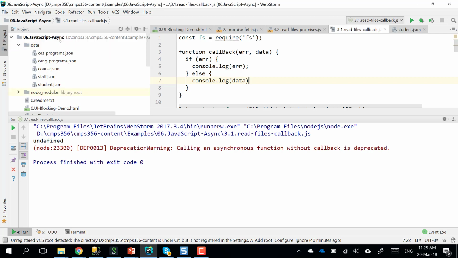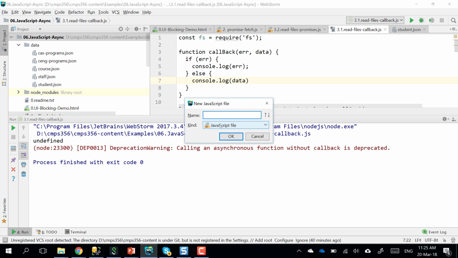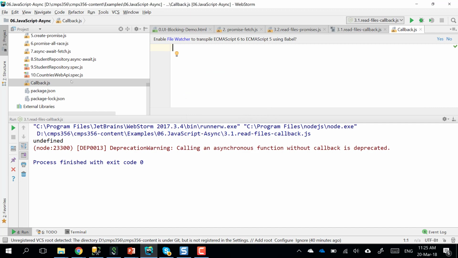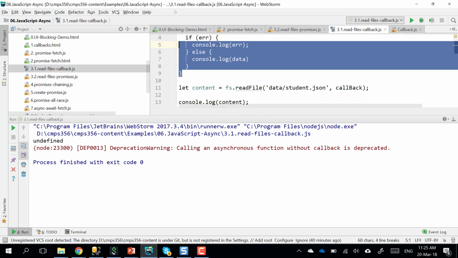Okay. Sorry, I want to just quickly create a new file. Here is callback. I just want to put all my stuff there because this file for some reason is